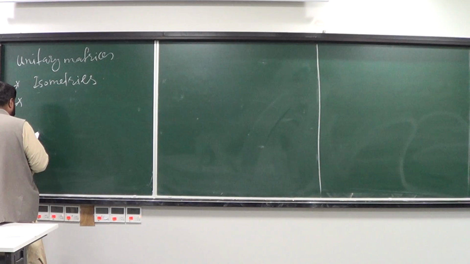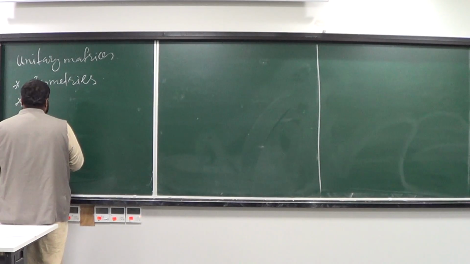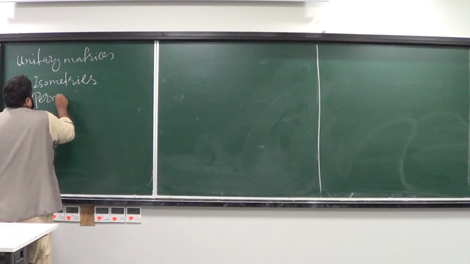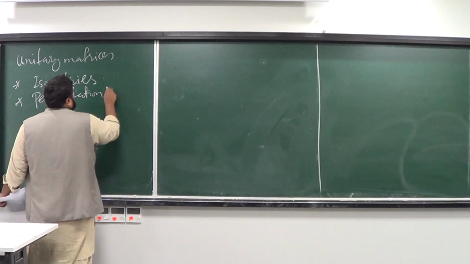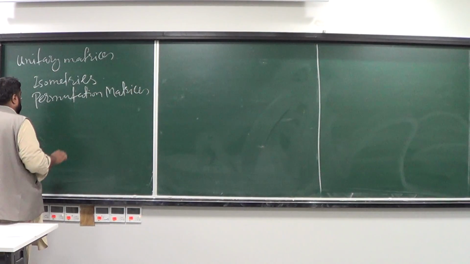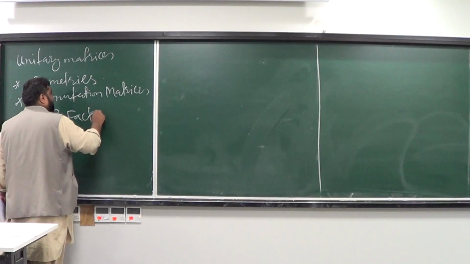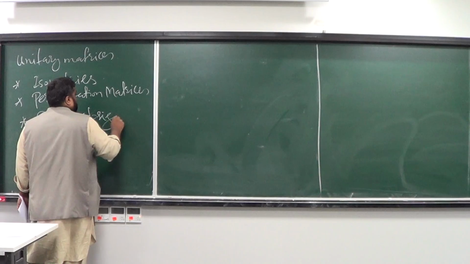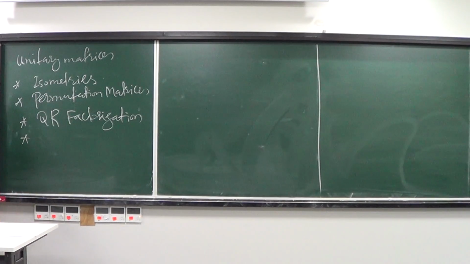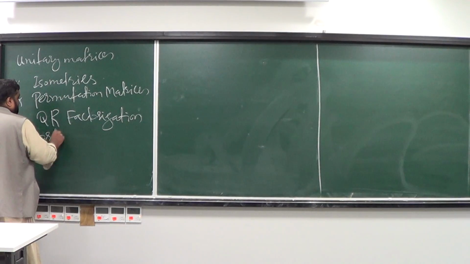Then we'll talk about some of the basic properties of the unitary matrices, and then probably I'll quickly talk about the permutation matrices, okay, and then I'll talk about the QR factorization of matrices, say with entries from the complex numbers, and then we will move towards